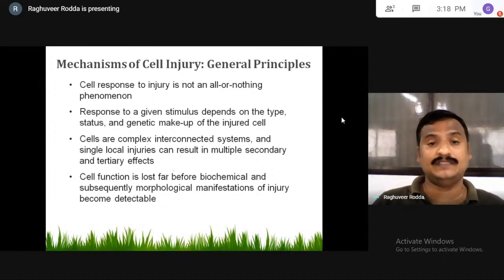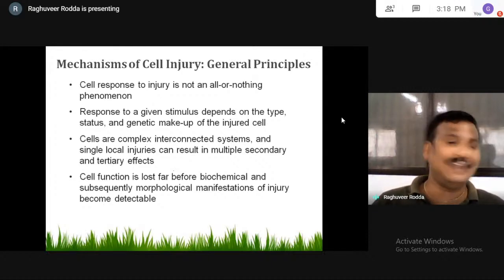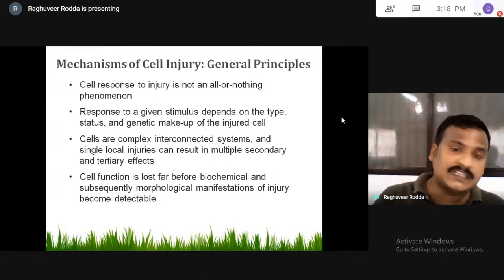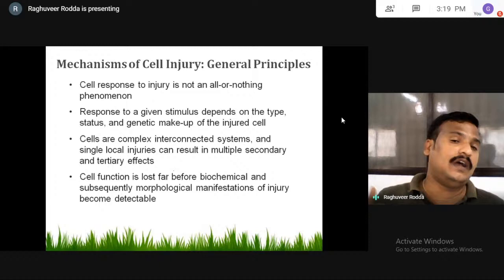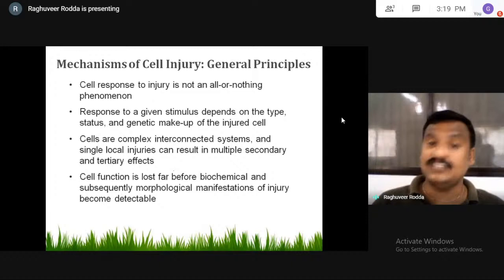Genetic makeup is a very important principle in the mechanism of cell injury caused by causative agents. The genetic makeup directly determines to what extent your cell defends against the injurious agent and to what extent your cell is protected against infectious agents. The genetic makeup will tell us to what extent you have immunity.